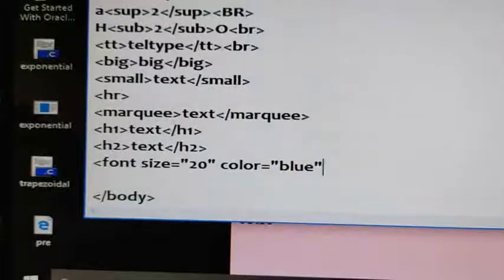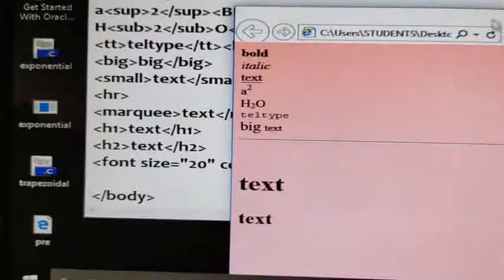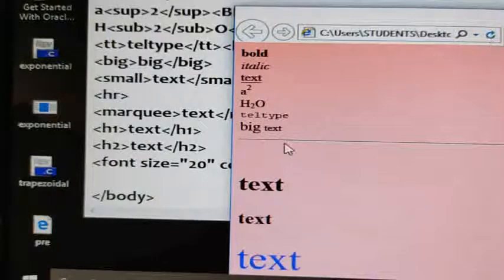For whichever text you want to apply this property, give the text and close the font tag, save it, come to the browser window, refresh this. See, the text is displayed in blue and the text size is 20.